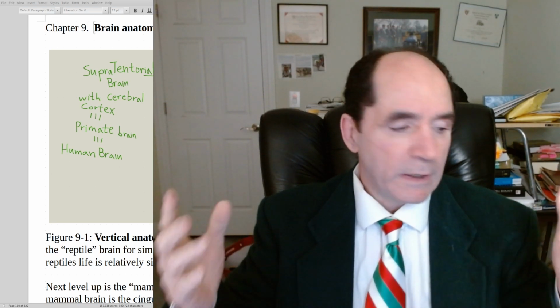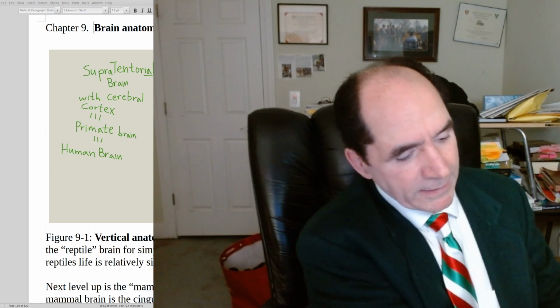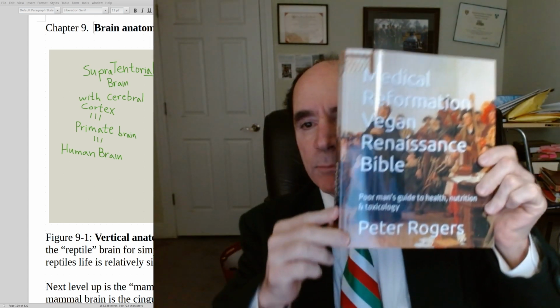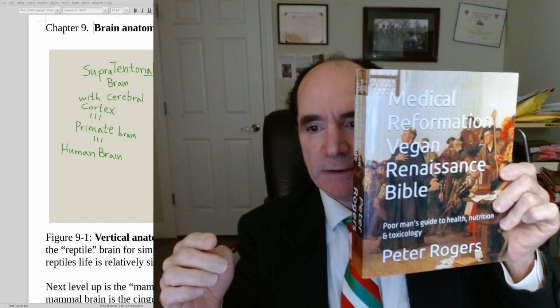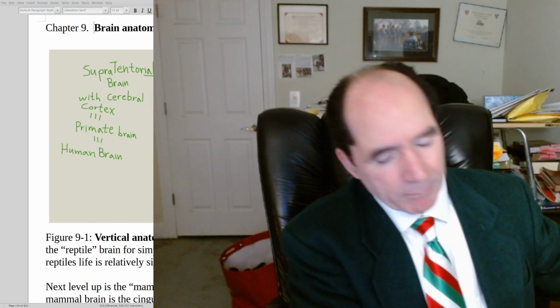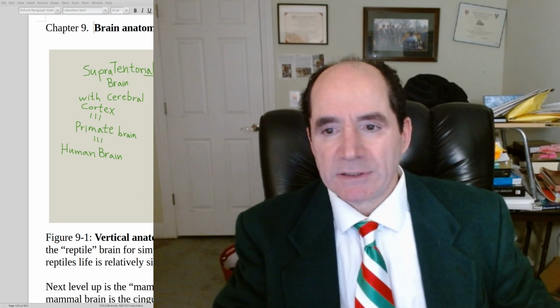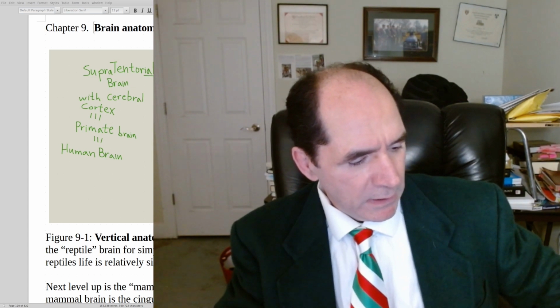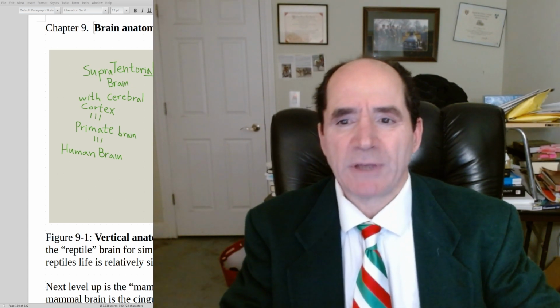Okay, this video is a lecture about brain anatomy, and it's going to be from a chapter of this book, Chapter 9. The book is Medical Reformation and Vegan Renaissance Bible by me. We're going to go through a fair amount of brain anatomy so you'll make sense of all the stuff, because we're going to talk a lot about how to prevent dementia, and it just helps having some general understanding